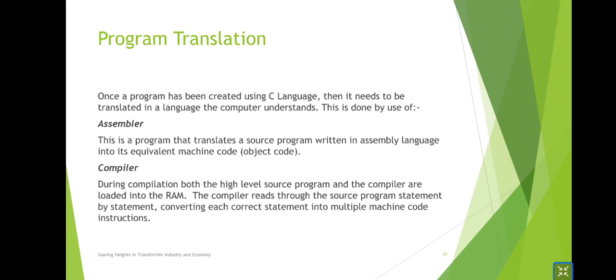Instead, we are using a compiler. And a compiler is used to translate from a high-level source program into machine code such that the computer will be able to understand. The advantage we have is that we don't need to bother about the compiler. Each programming language that is in the market today comes loaded with its compiler.